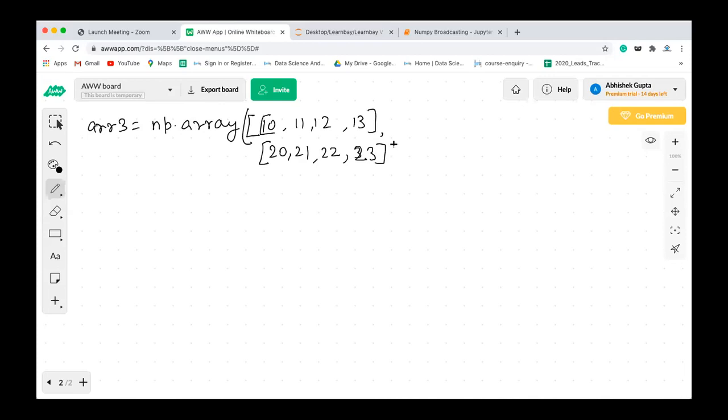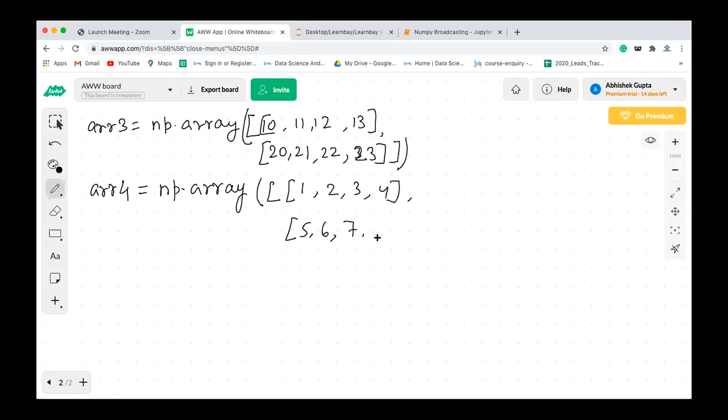So this is a two-dimensional array we have. Correct? Similarly, we have another two-dimensional array, array 4, of the same shape. We take 1, 2, 3, 4, and this is another row, 5, 6, 7, 8. Okay, fine.